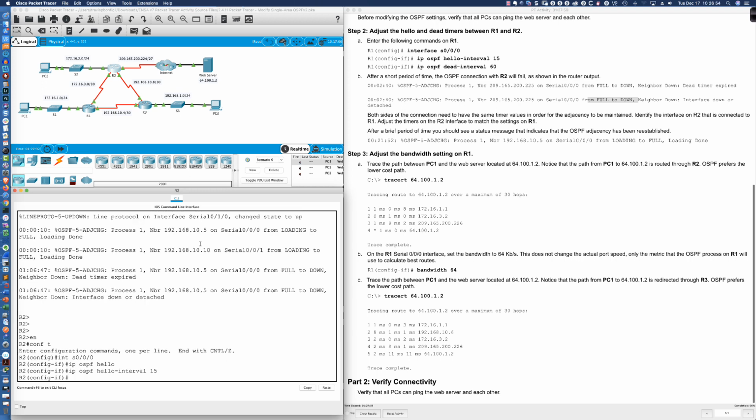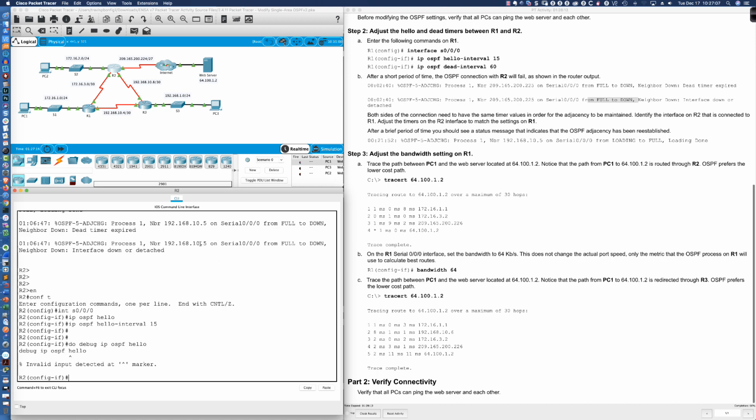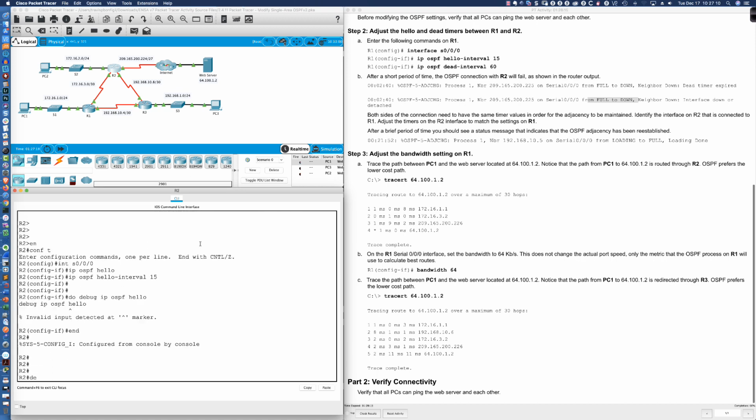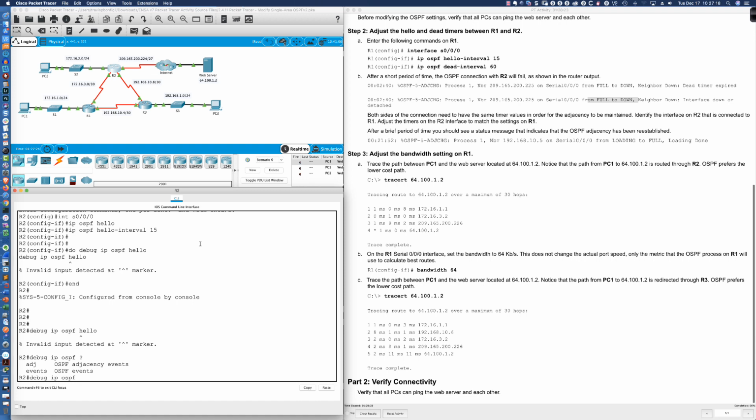But remember, it would still not bring the adjacency back up, or it shouldn't, right? I don't know, Packet Tracer may not care. But if we said do debug, and let's see if it's even on here, do debug ip ospf hello. And it doesn't look like it's here. What if I were to go back into privilege exec, debug ip ospf hello? Now, it would be nice if we were to see this, right? To have it debug the hello for us. The adjacency wouldn't show me the mismatch. The hello packets, which is where those values are located, that is the debug we would need. So that would be a nice add-on here down the road to see Packet Tracer allow us to debug the